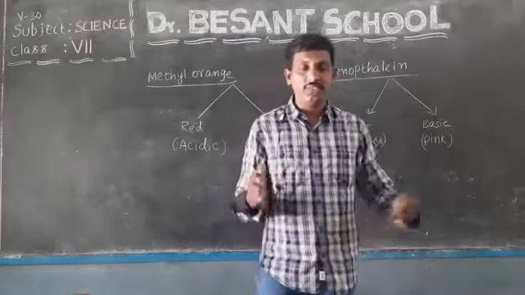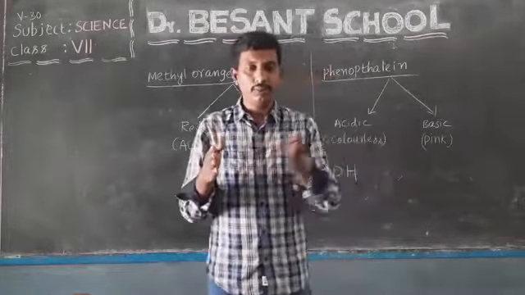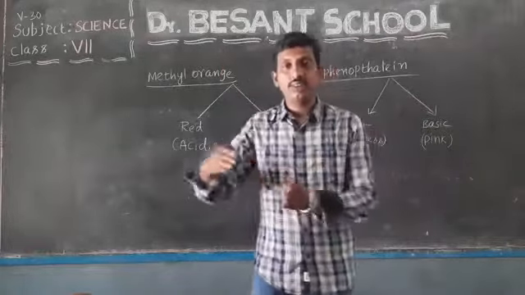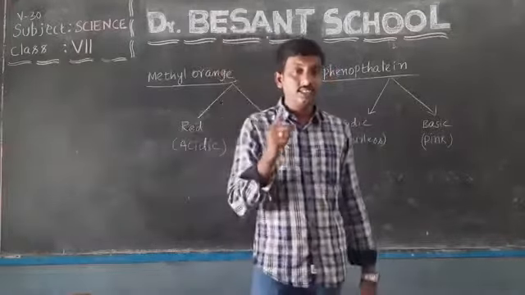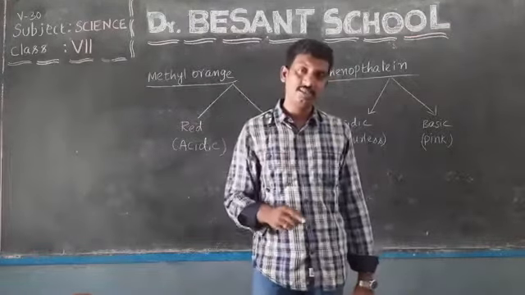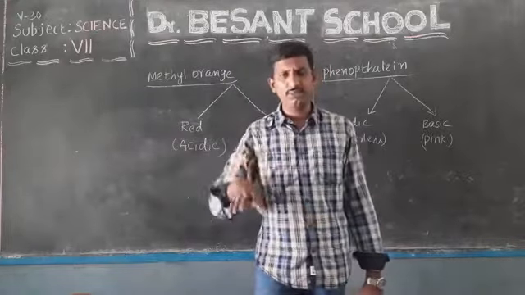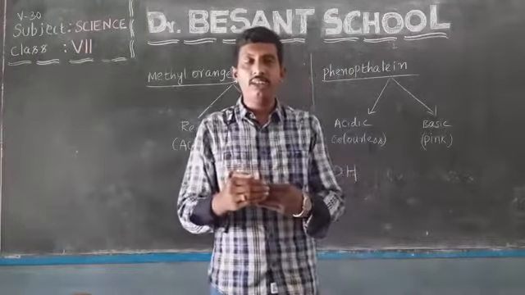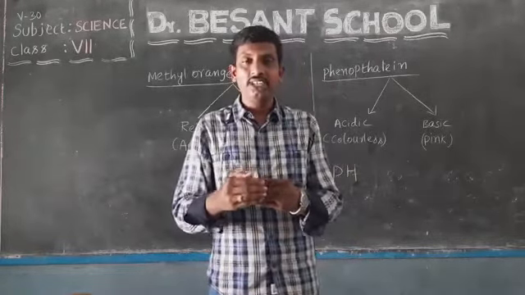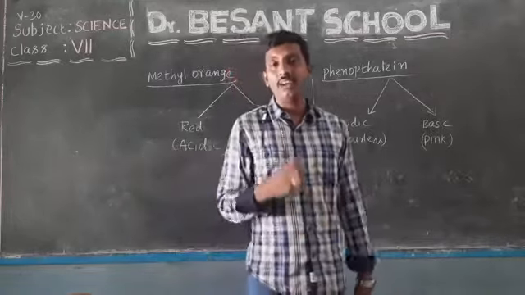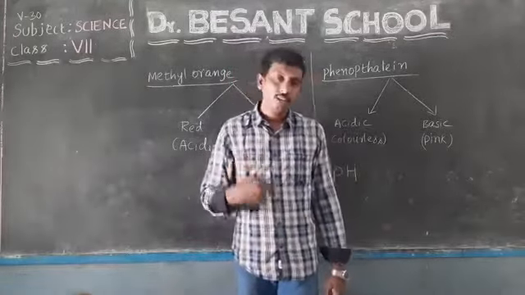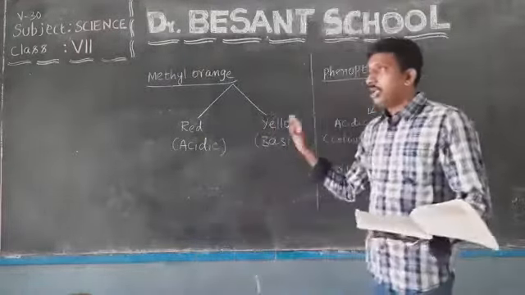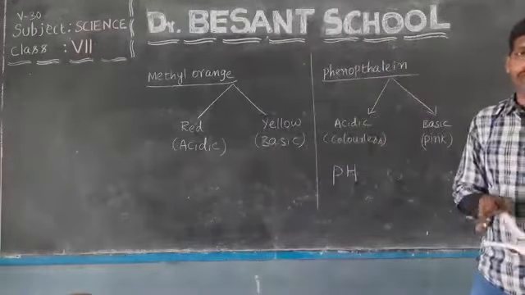And pH value, I said from 0 to 7, remember 0 to 7, 7 to 14. 0 to 7 indicates acidic nature, 7 to 14 indicates basic nature. This I have explained regarding acid rains. Do you remember it? Yes. Every substance has some range of pH value. If the pH value range changes to a great extent, then it has adverse effects on living beings, on human beings. Now, do you understand about methyl orange and phenolphthalein indicators? Do you remember those? Very good.